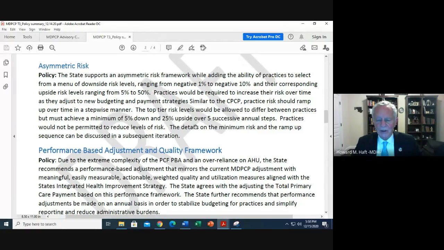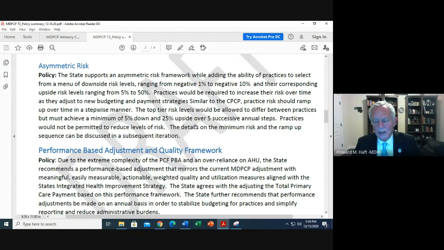However, practices will be able to start low. And I don't know whether it says negative 1% here, but I don't know that that's the number we'll wind up with, but some negative number that's not minus 10%, and then move up over time. And start at an upside of, could be 5% or some other higher number, but move progressively up. We haven't specified the time, but there's a 5-year run on the program, so within a 5-year period they would achieve, over 5 successive steps, a top level